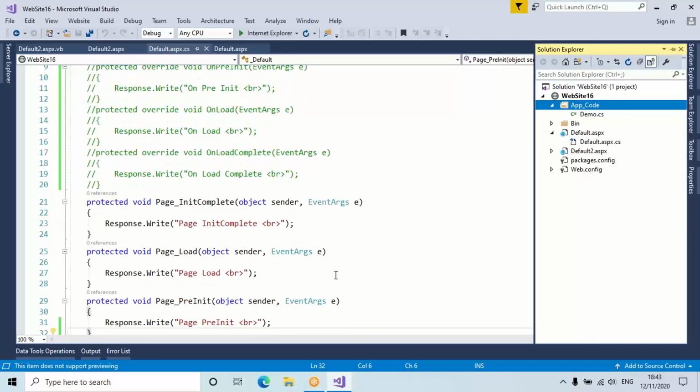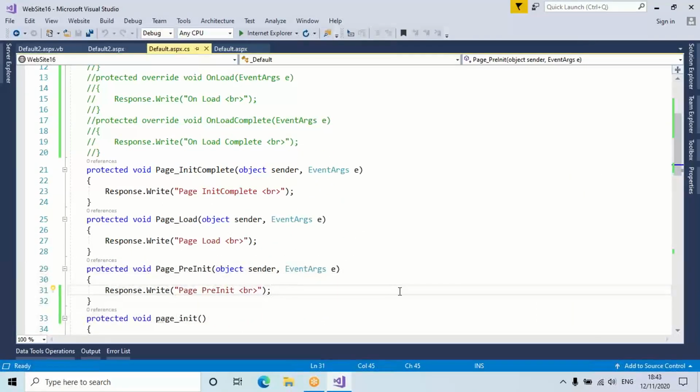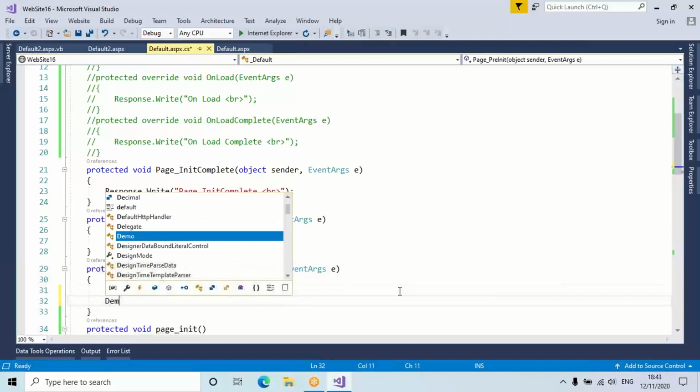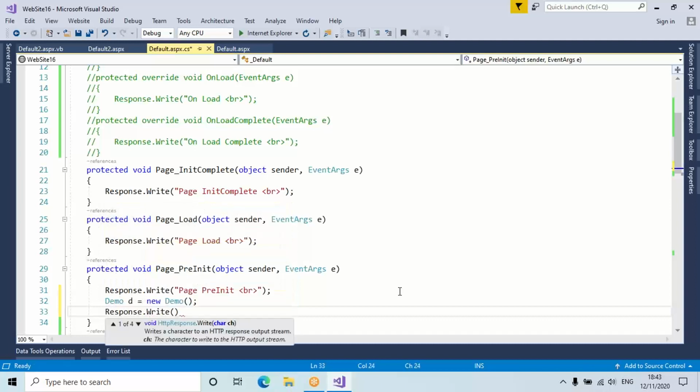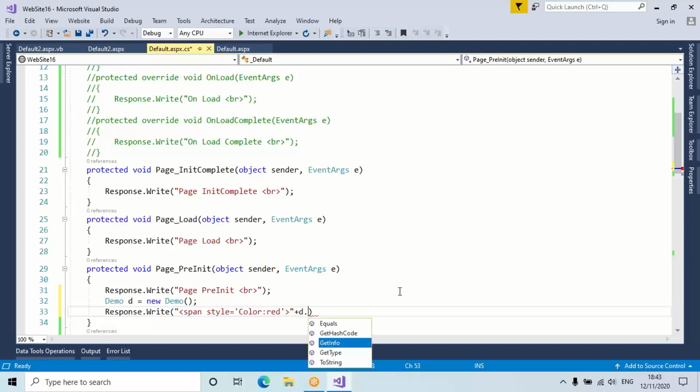I have to call that method. I have to call that class. Same page, Page_PreInit is there. Here only I'll write Demo d equal to new Demo constructor. Then I'll write Response.Write. Same, I'll write span tag style equal to color colon red. Close this. Then you have to concatenate d.GetInfo